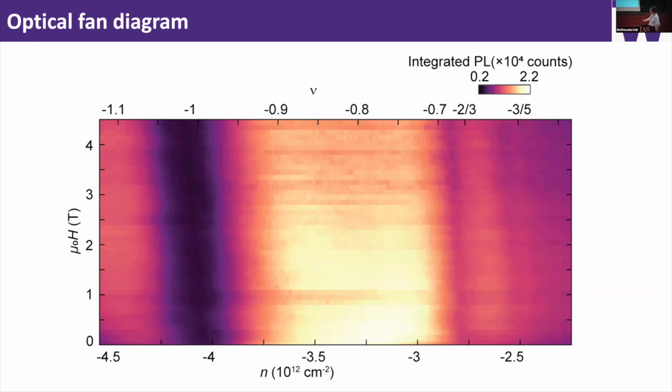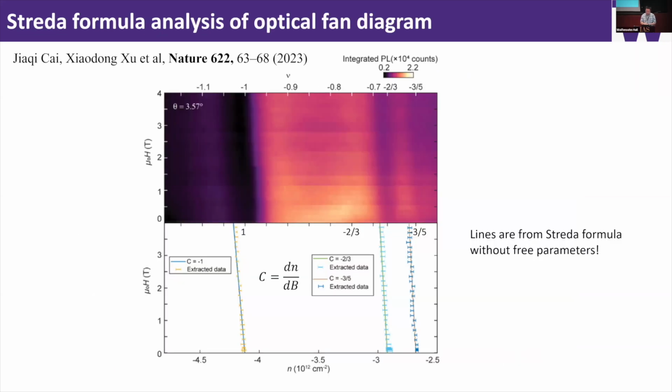Now we can see that there are three of these features, right? This one, another one corresponding to 2/3, and another one corresponding to 3/5. These dispersion features tell us that these states are indeed topological. So we can extract the carrier density corresponding to these dispersion features and plot them as a function of